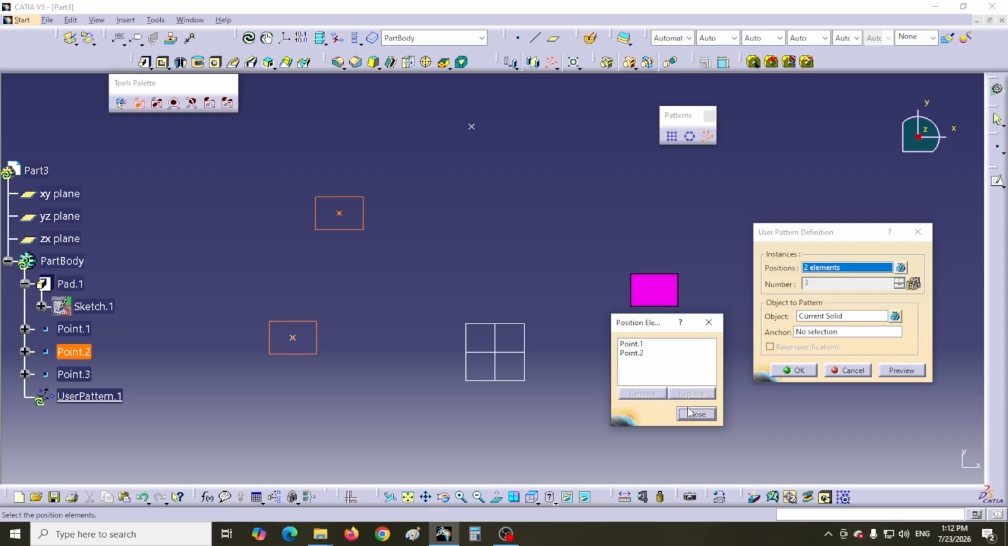The names of the 2 selected points are shown in this window. I click on point 2. I click on remove. This point is removed. The cube shown on this point is also removed from the screen. Now I first click on point 1. Then I click on replace. I click on point 3. You can see that the third point